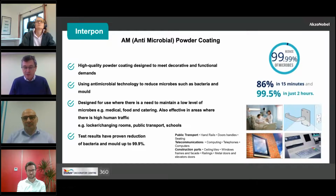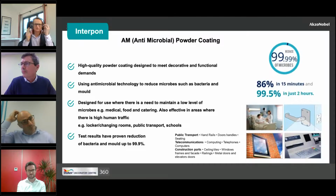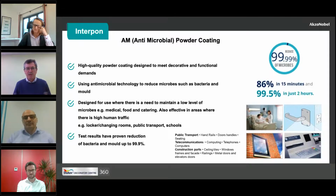So the window frames on the Shard are coated with Interpon powder coatings. But if you think about hospital environments, you know, powder coated door handles or the frames of beds, you kind of quickly get the gist of how important antimicrobial powder coatings can be. So 3 different examples of hygiene coatings in the AkzoNobel family, and just the last point, Ollie, we've kind of